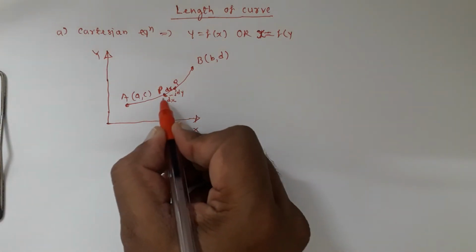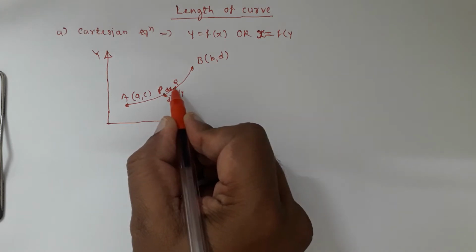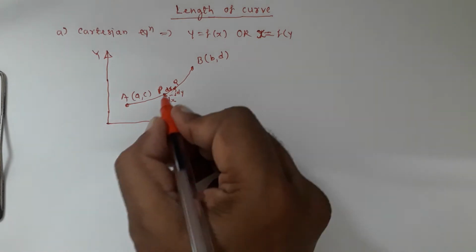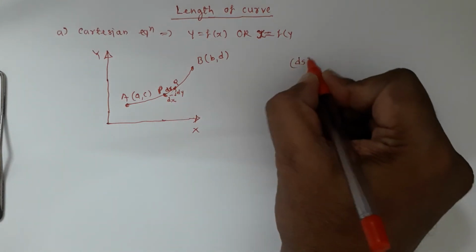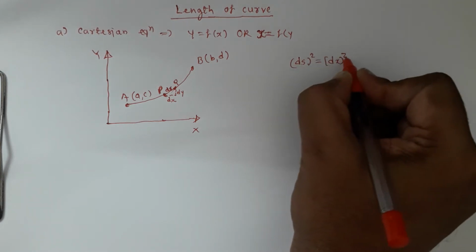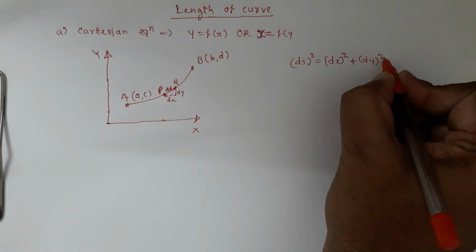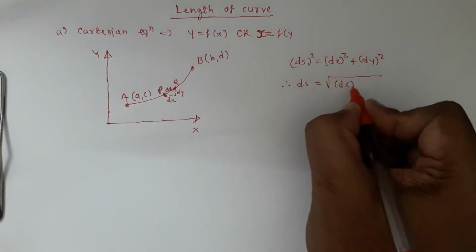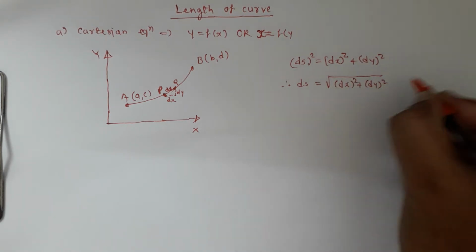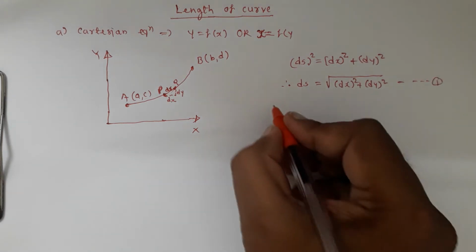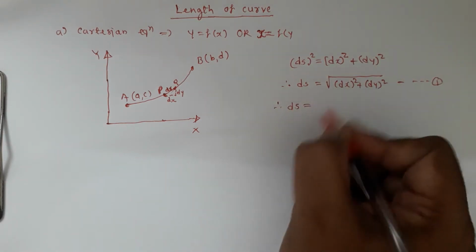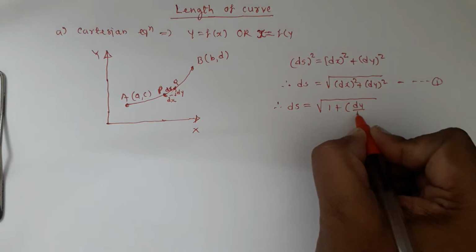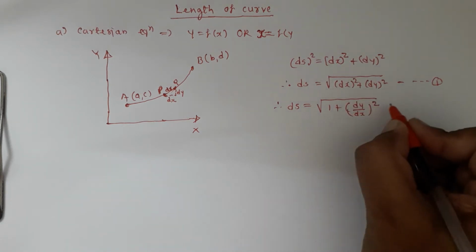Now draw a vertical line through this point Q, draw a horizontal line through P, and let the two intersect over here. So this vertical distance I am naming it as dy, this horizontal distance let it be dx. Now from this triangle, even though it is a curved length, as P and Q are very close to one another, this curved length can be considered as a straight length, and therefore using Pythagoras theorem I can write ds square is equal to dx square plus dy square, and therefore ds is equal to root of dx square plus dy square. Let it be equation number 1.